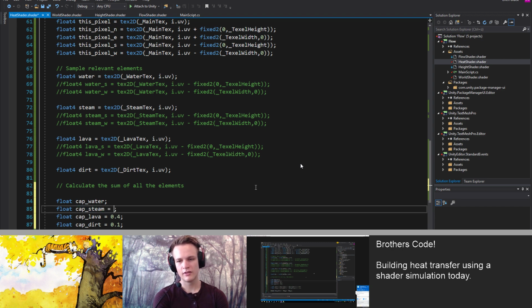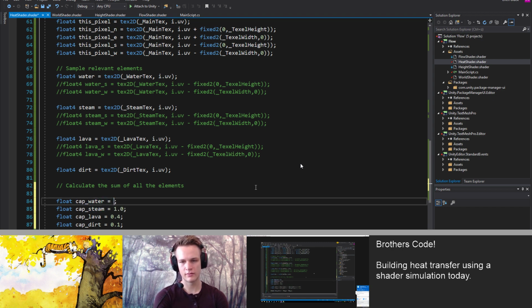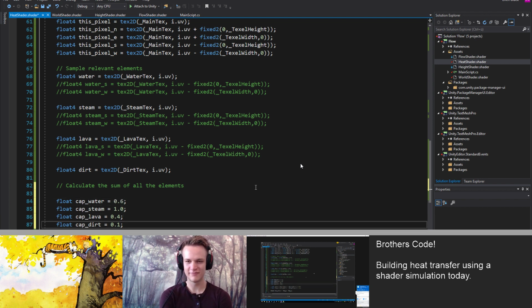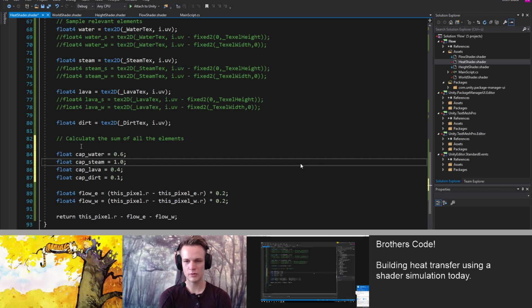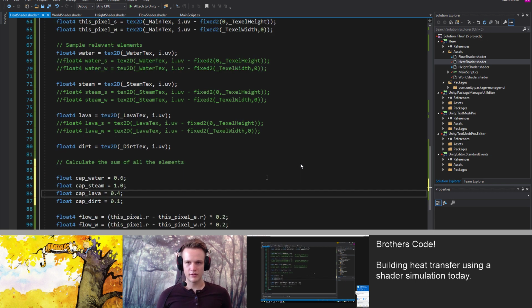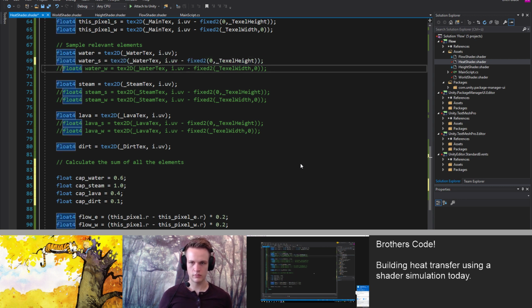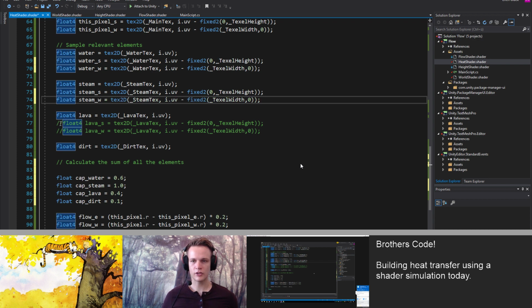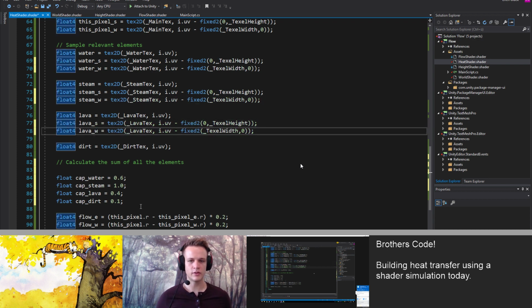Low, somewhat high, also high, middle. All right, so we have capacities. Great, sweet. So now you just need to sum up the amounts in each adjacent cell, right? Wait, no, not transfers. Transfers come next, right?